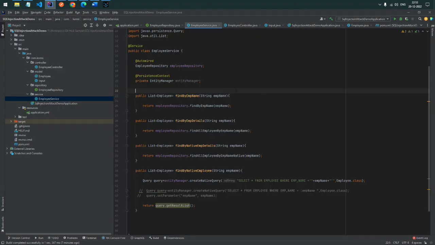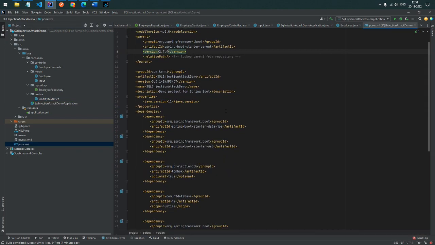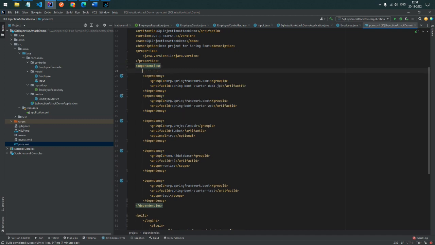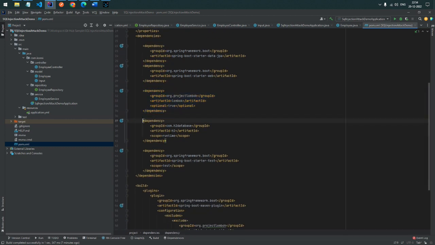So here, we already developed this simple Spring Boot application with H2 database. Let me explain what we did. Here we added the dependency, right? We added the Spring Boot JPA dependency as well as the web dependency as well as Lombok. I am using the H2 in-memory database, so I added that dependency. So it is a very simple Spring Boot with